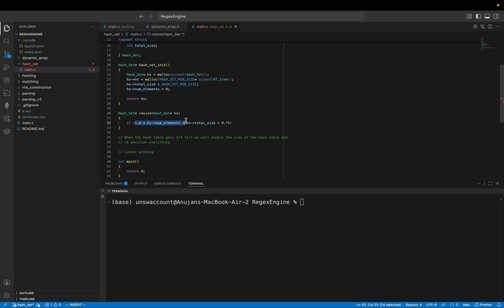If this fraction is less than 0.75, then return HS. There's no need to do any resizing. And there's no need to have braces here and here. Actually, just in case, sometimes I've had issues before where I've forgotten I've done that. Anyway, so we return the HS because we don't have to do any resizing. Otherwise,